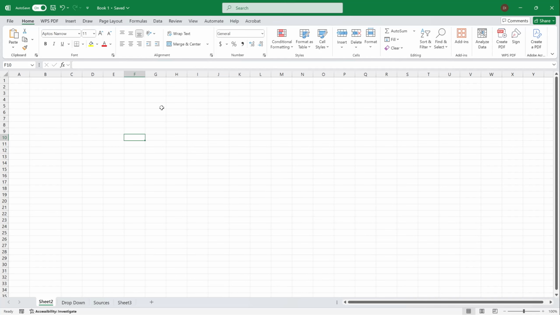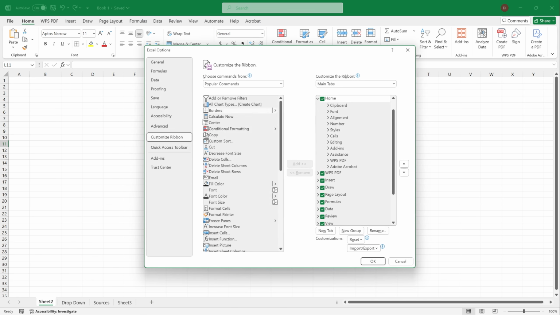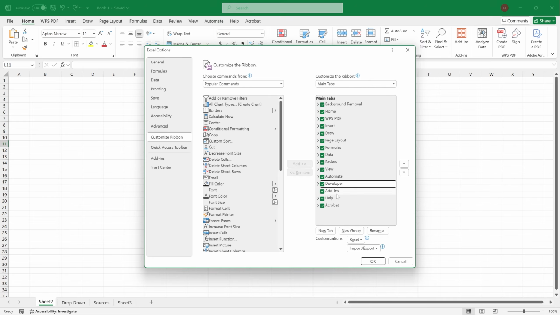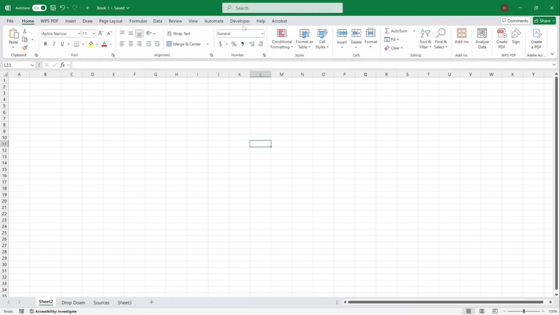Hey guys, in this video I'm going to show you how to make a button in Excel to go to another sheet. Now for us to proceed with this one, let's head over here to our Excel sheet, and we're going to start by going over to the ribbon, right click anywhere, and then click customize the ribbon. Now here you should be able to see developer, so check that one, click OK,